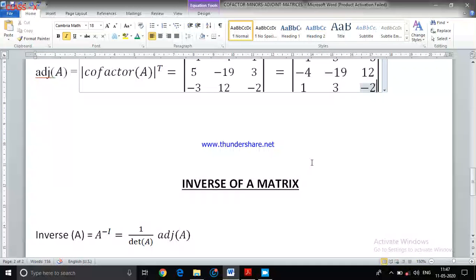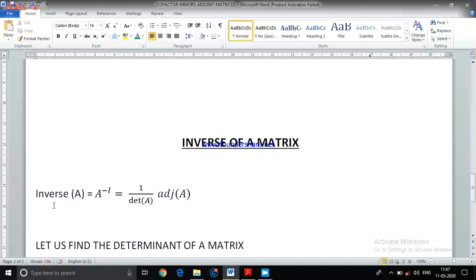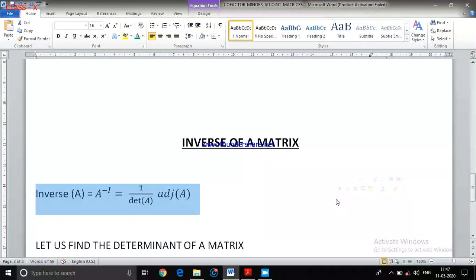That's what we discussed, no? When we discussed row operations, I said that we'll discuss the inverse of a matrix at a later time. So this is one of the methods to find the inverse of the matrix. What is the inverse of A? If I want to find the inverse of the matrix A, symbolically we write it as A inverse. The A inverse formula is 1 upon the determinant of the given matrix A, into the adjoint of A. That is, 1 upon det A into adjoint of A.